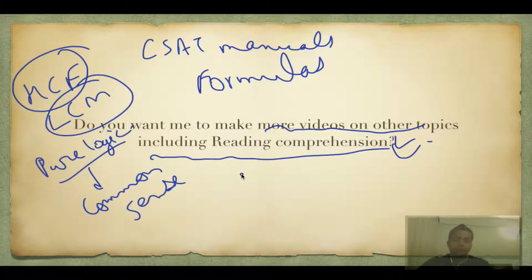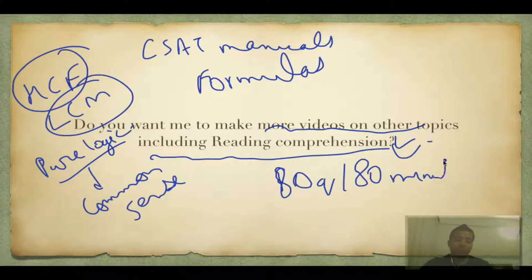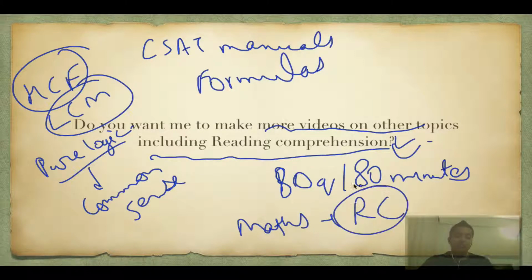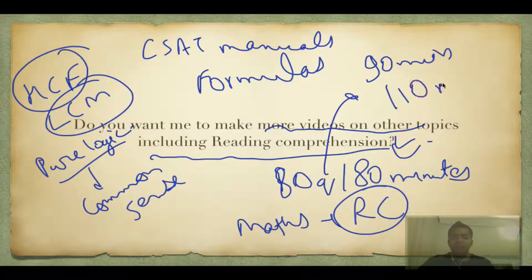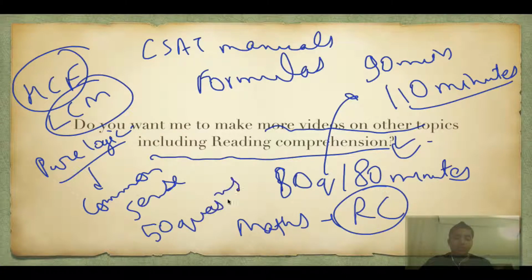So if you want to develop that knack and have a revolutionary strategy where you can attempt 1 question per minute, you'll be able to attempt 80 questions in 80 minutes, absolutely 100% guaranteed. You will save time in the math section and devote more time to the RC section. So even if you falter, you have a bad day, you are not feeling good, you are feeling sick, you have not eaten well, you have not slept well, so even if rather than taking 90 minutes you end up taking 110 minutes, you should not come to me and say that you can't complete your paper. Some people come to say that they have attempted only 50 questions but they knew all of them, but there was lack of time.